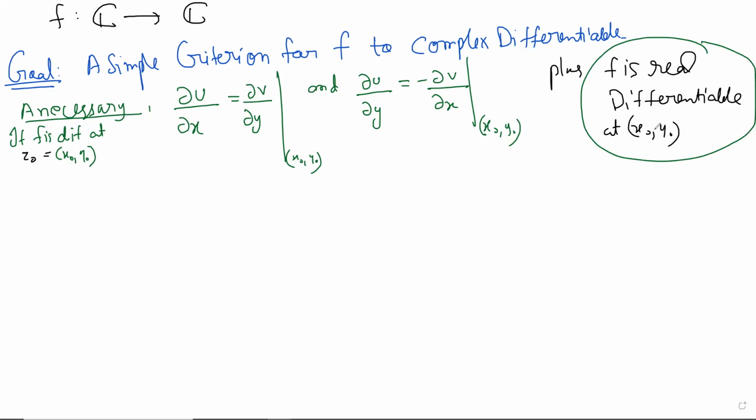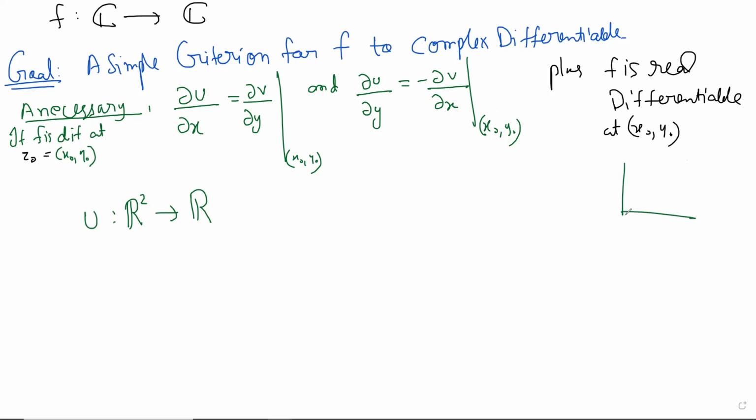If f is a function, let's just take a function from R2 to R. Let us clearly define, because we'll need this in the proof. If you have a function u from R2 to R, this is just a surface, just like a polynomial in two variables and so on. So no need to draw the graph. This is what it is. When I say that u is